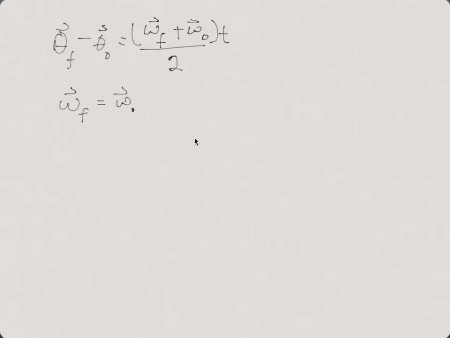So remember, we had theta f minus theta initial equals omega f plus omega initial, over 2, times t. And we have omega final equals omega initial plus the instantaneous angular acceleration times time. And again, we're going to substitute this equation in here. So we end up with